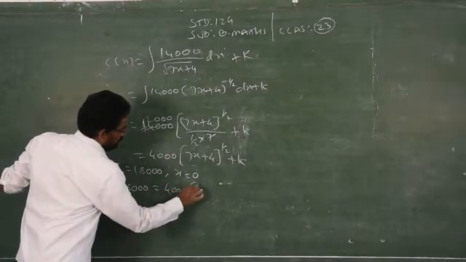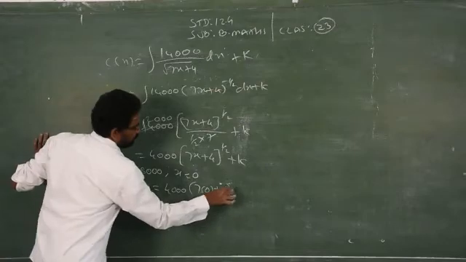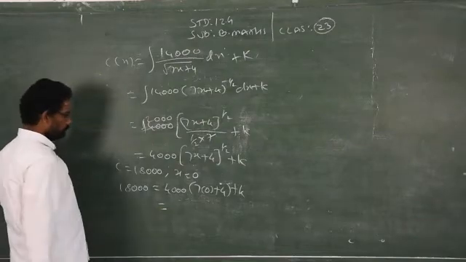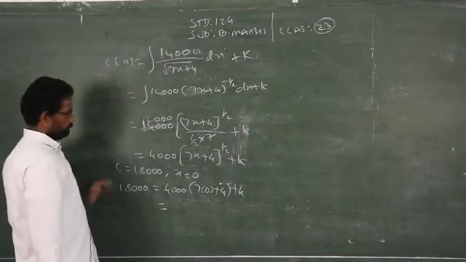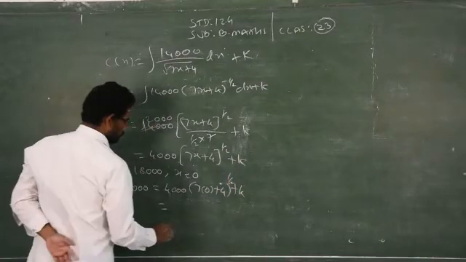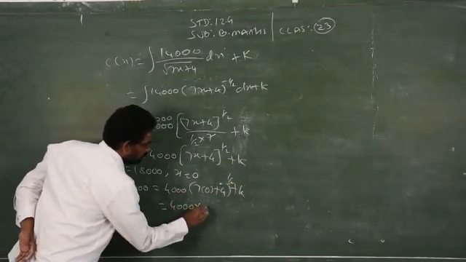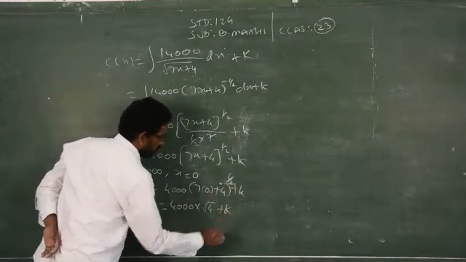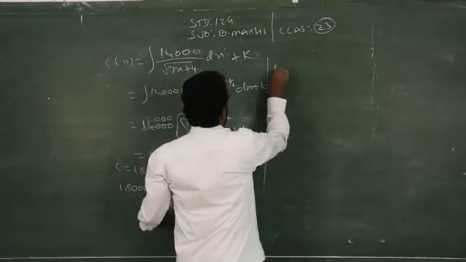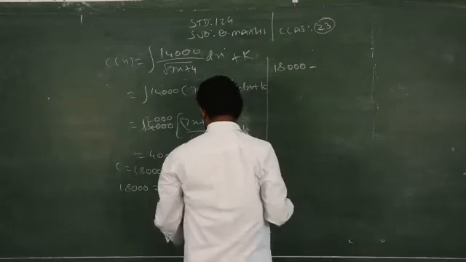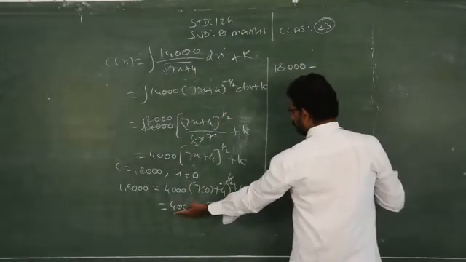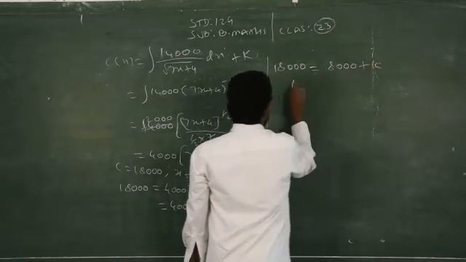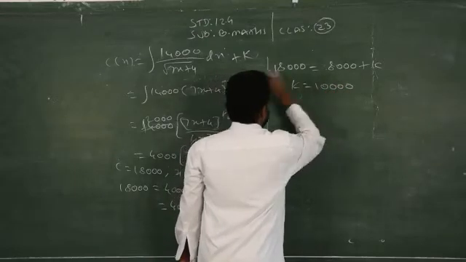4,000 into square root of (7 of 0 plus 4) plus k. So this will become 0, 0 plus 4 is 4. This is the power 1 by 2, 4,000 into square root of 4, because 1 by 2 can be replaced by square root. So you will get 18,000 equals, the square root of 4 is 2, so 2 into 4,000 is 8,000 plus k. So k is equal to how much? 10,000, subtract this and you will get it.